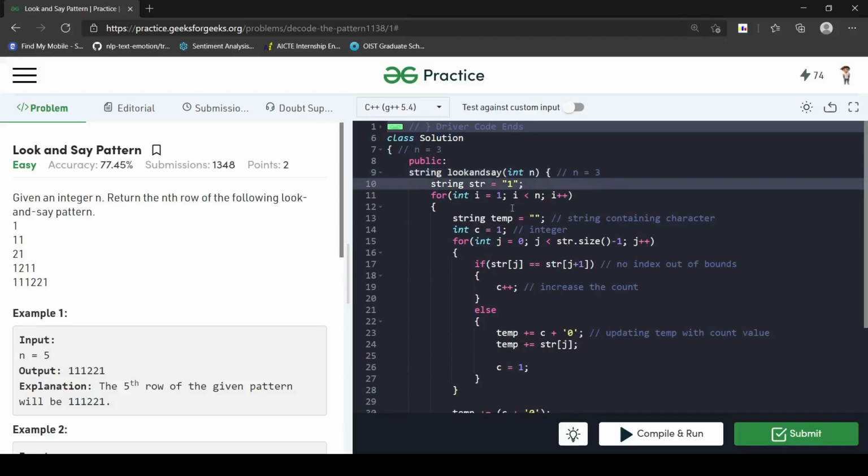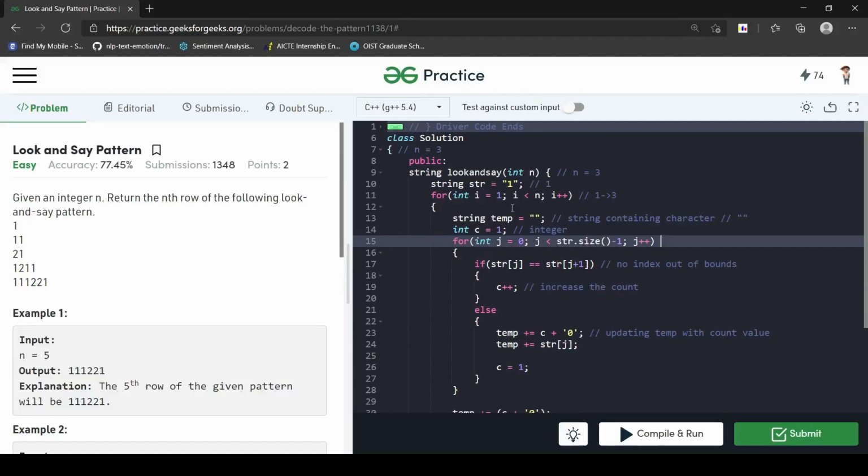We have an initial string as 1, and we are looping from 1 to 3 and keep updating this value. Initially temp is blank, right? And as we know the value of the string is 1, its size is also 1, so it will not go into this loop.